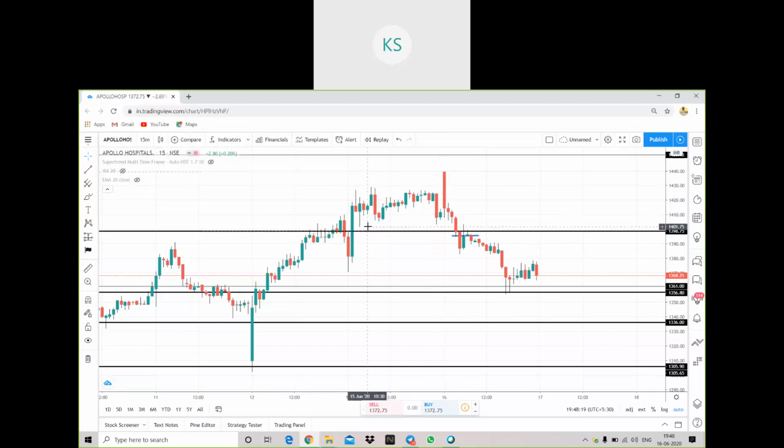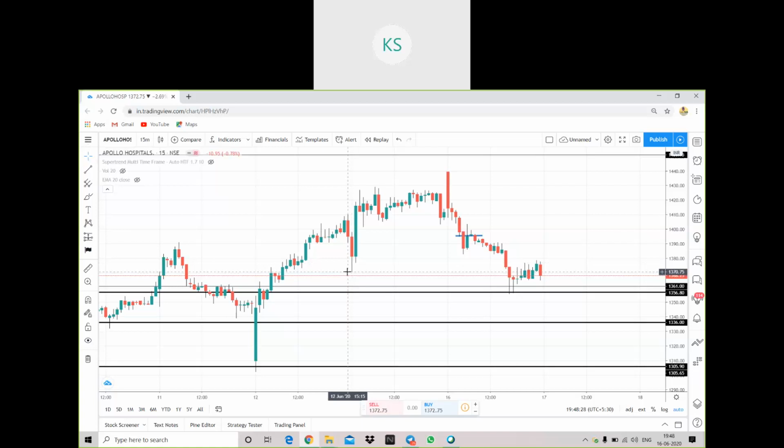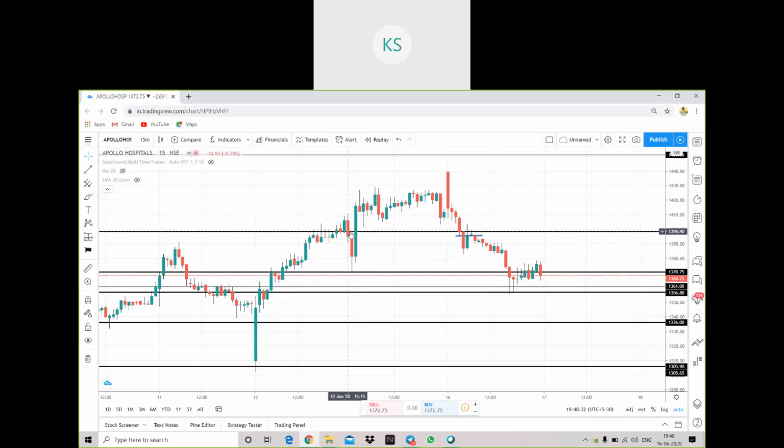In the group, Vinod sir can explain it in a better way. I'll just give you a short idea of what it is. So this is the first 15 minutes candle. I'll draw a horizontal line here and one more horizontal line. So this is my open range. I got a closing on the buyer's side, on the upward side. Here is the candle which has closed on the upward side, and I'll enter this trade somewhere here.